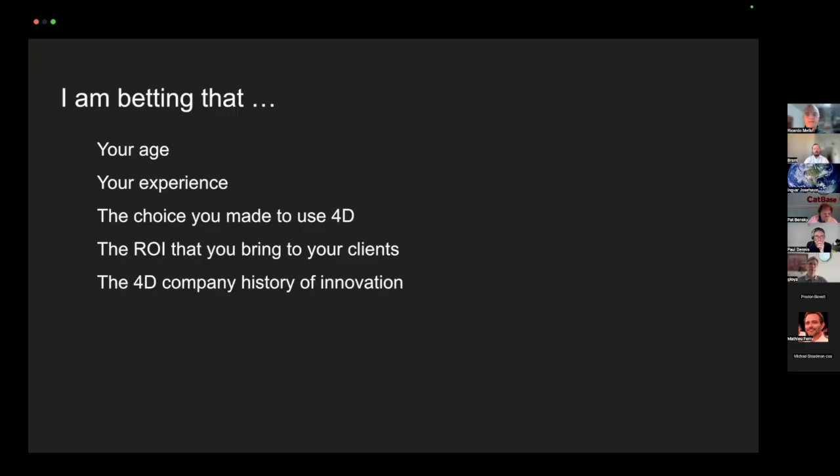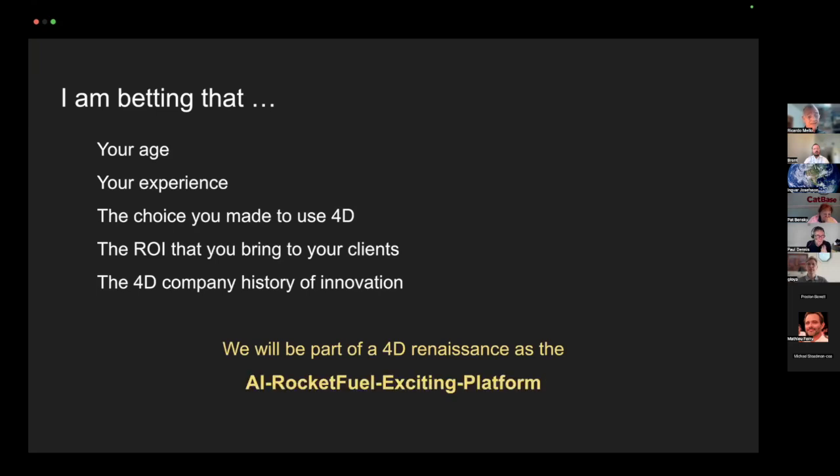The 40-year company history of innovation, now with all the AI coming in, I am betting that will be part of a 4D renaissance, as the rocket fuel for an exciting platform. My goal here is to excite you guys because we are in a very special position.